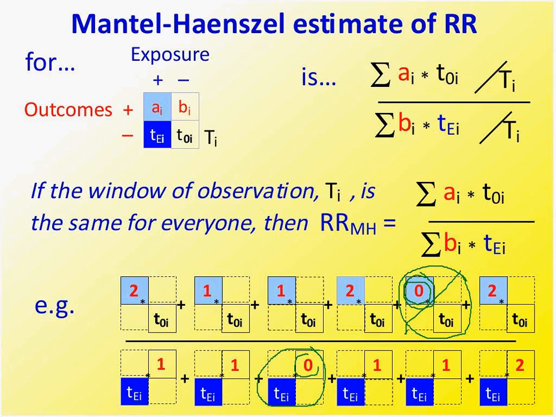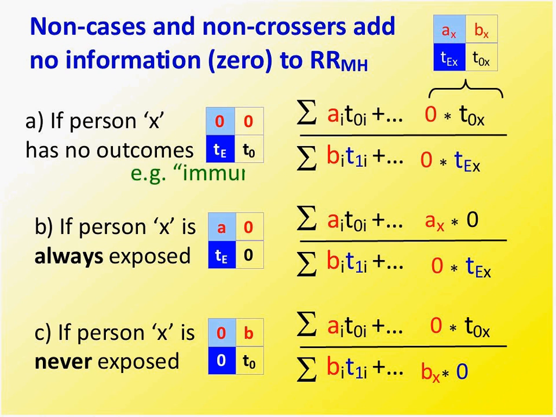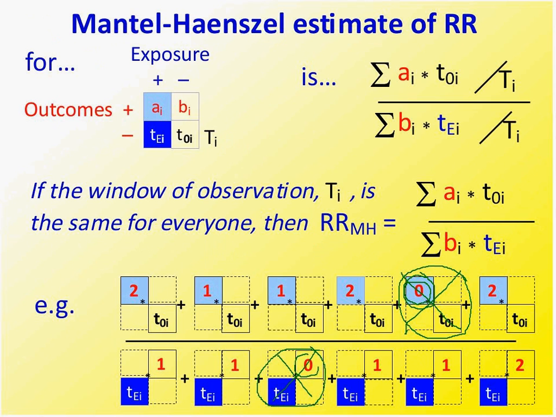Those drop out of the calculation. So, in general, they drop out of the numerator and the denominator, but every person in that, this person number 1, every person